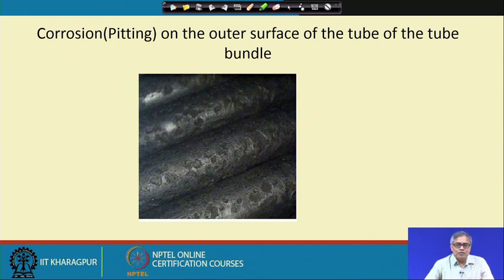And again, as I have told, it is kind of a self-promoting thing. Initially a smooth surface was there, and deposition of material was a bit difficult. Now fouling took place, due to fouling corrosion took place, and due to corrosion the surface has become rough and it promotes fouling, or deposition of different kinds of material. So, fouling increases. One has to be very careful that it may go on increasing in a cyclic order.